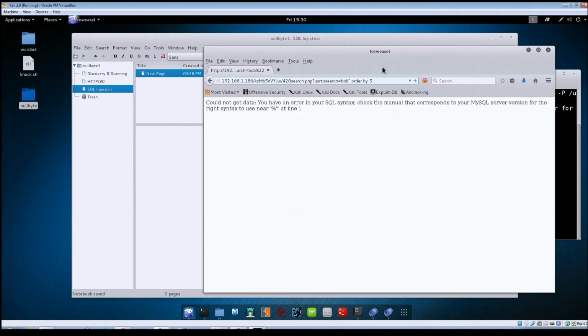We need to put 2 dashes at the end, and normally you can put a space. Let's try that and see what happens. Don't get anything there, so we need to encode it. Put a plus sign at the end. Ah, there we go. So now we see that we get this error: Unknown column 5 in order clause, which means that there are less than 5 columns that are used to output that page. So if we go back here and just change that to 4,